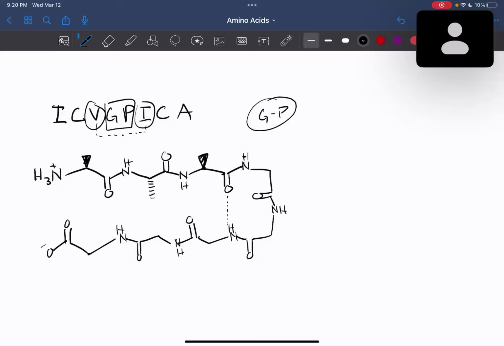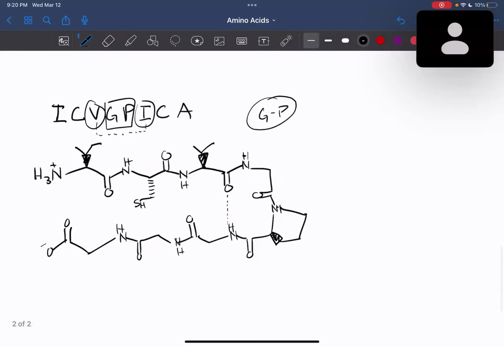Okay. Now let's fill in. So we got isoleucine here. We have cysteine. We have valine. We have G, glycine. We have proline again. We have isoleucine again. We have